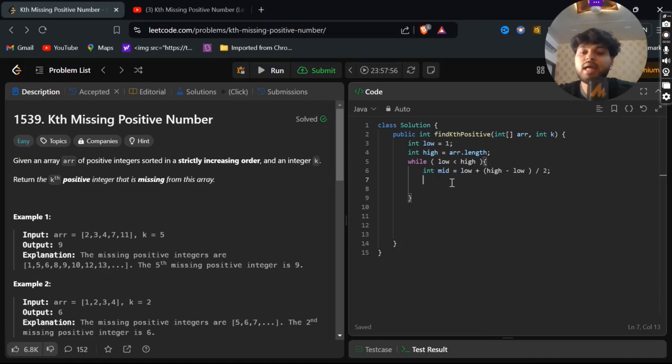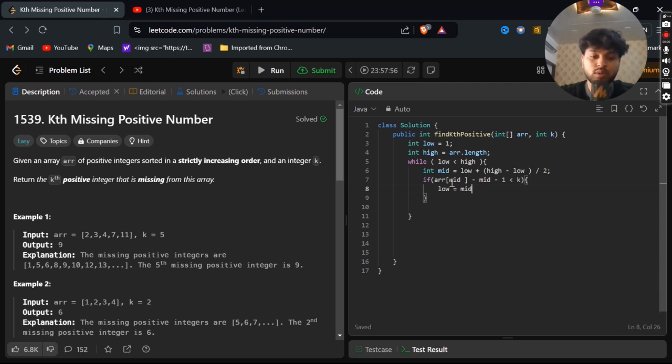If arr[mid] minus 1 is less than our k, in that case low equals mid plus 1.